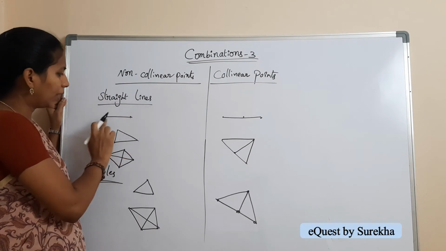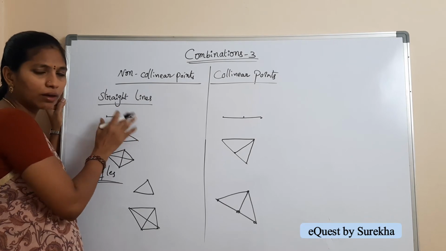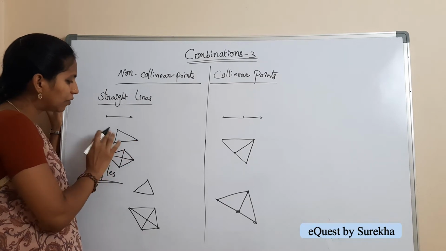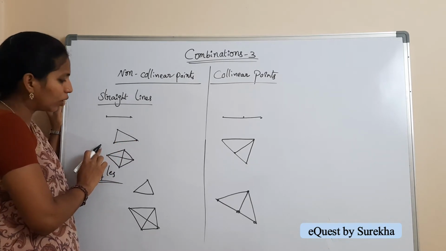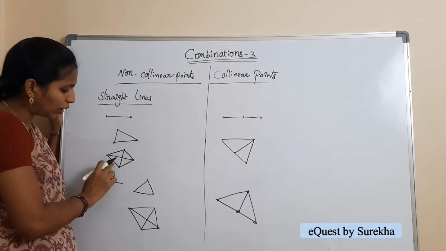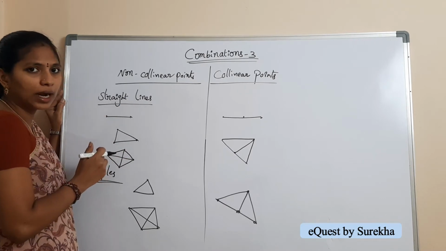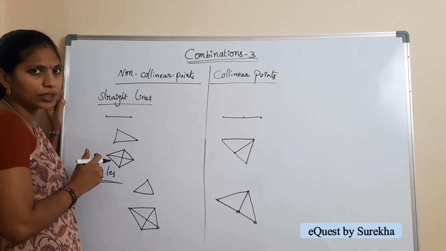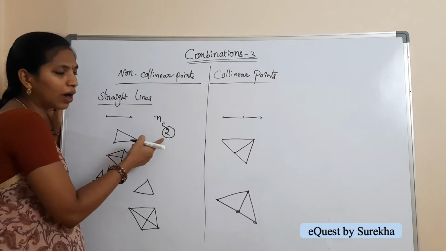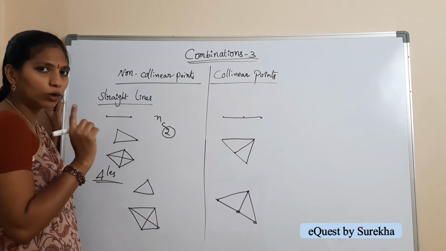In the concept of straight lines, you see there are only 2 points. By using these 2 points, we can draw only one straight line. Here there are 3 points. By using these 3 points, we can draw 3 straight lines. Okay. Suppose there are 4 points, then how many straight lines can we draw? 1, 2, 3, 4, 5 and 6. To find these numbers of straight lines, there is a formula in combinations, that is nCr with r equal to 2, nC2. 2 is fixed here. In the place of r, there is the number 2 because to form a straight line, we need only 2 points.